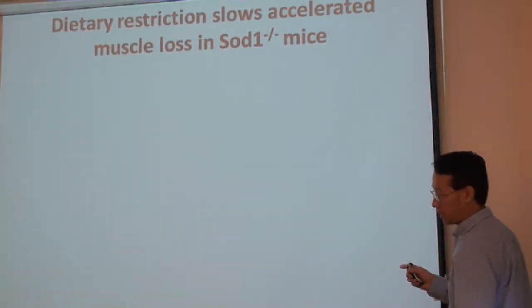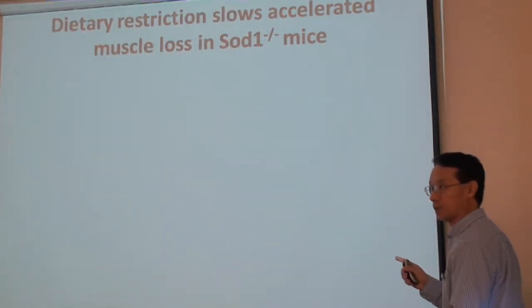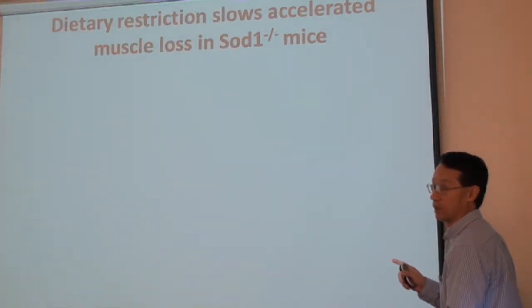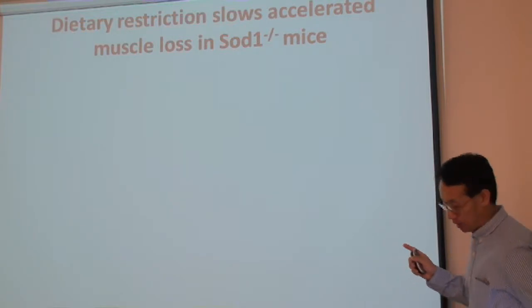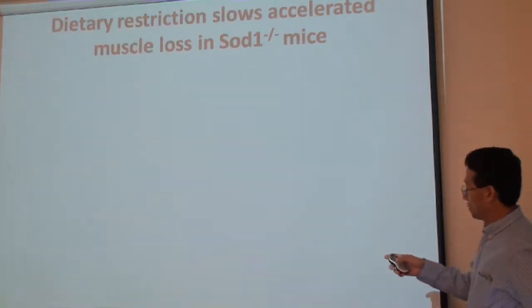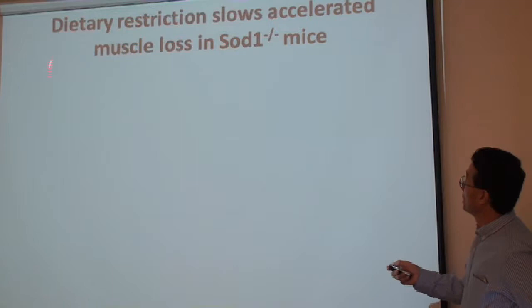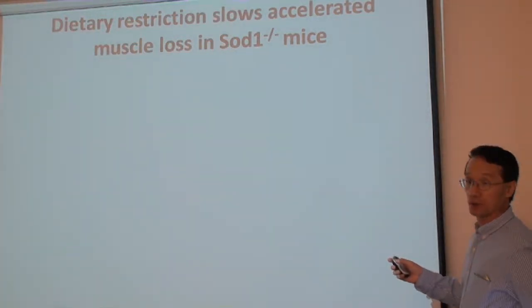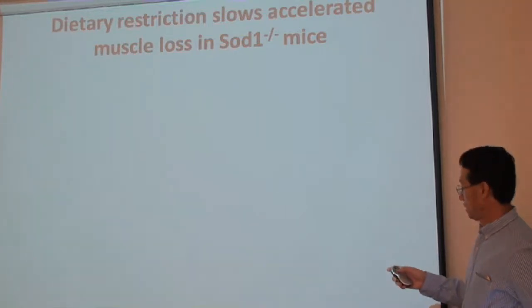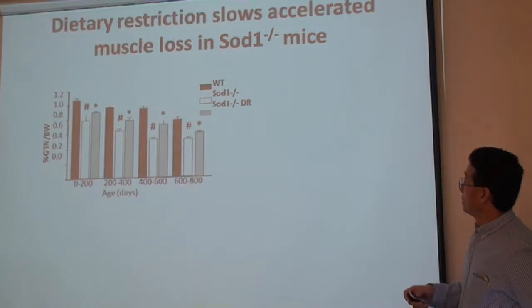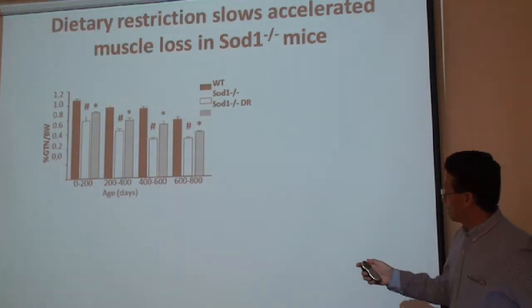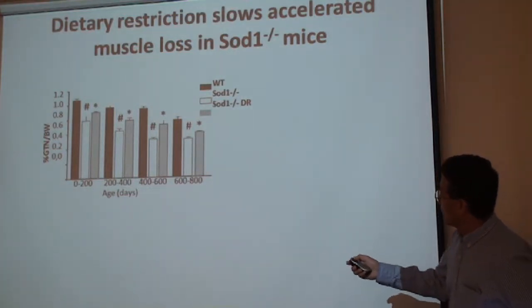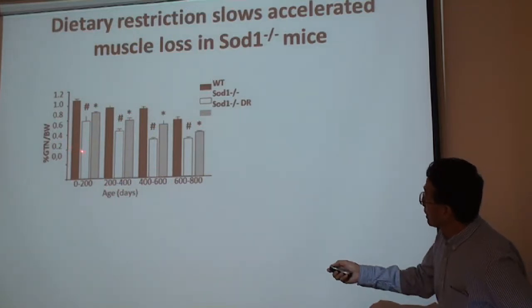And first we try to see how to prevent the accelerated loss of muscle fiber in SOD1 mouse. We use this non-genetic approach called dietary restriction, which has been shown to extend the mouse lifespan and also extend lifespan in other species. So first we show that the SOD1 mice on dietary restriction